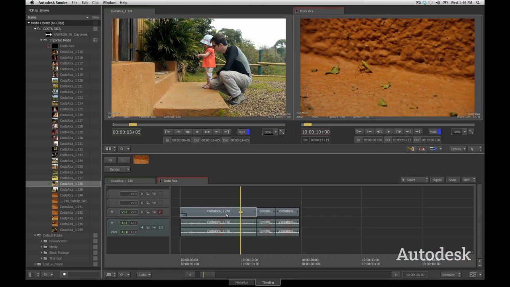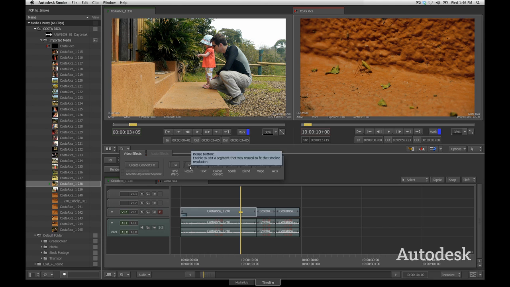To add a timeline effect, there's no effect menu in Smoke. They're actually all in this little button over here. So if I press the effects button, I can not only jump to connect effects, but I can also apply one of these basic effects. So time warps are for freeze frames and speed changes, variable and constant speed changes. Resizes are usually used when you put a clip in a timeline that's not the same size